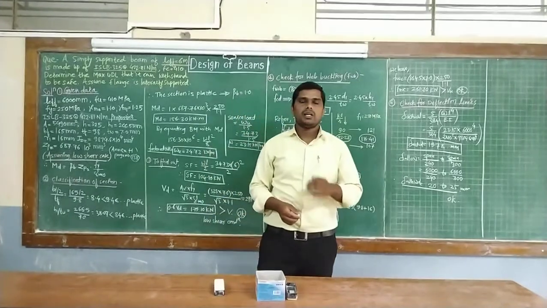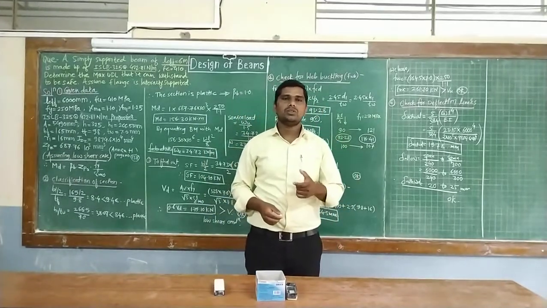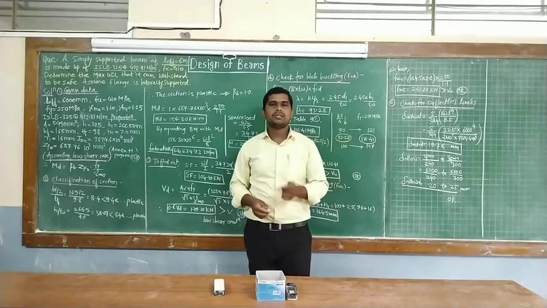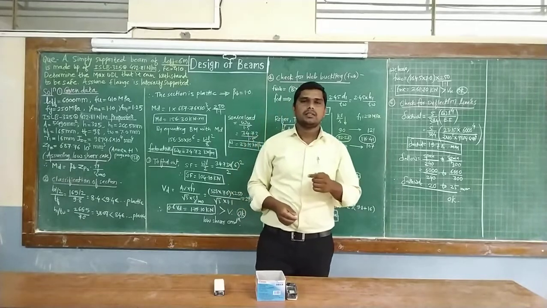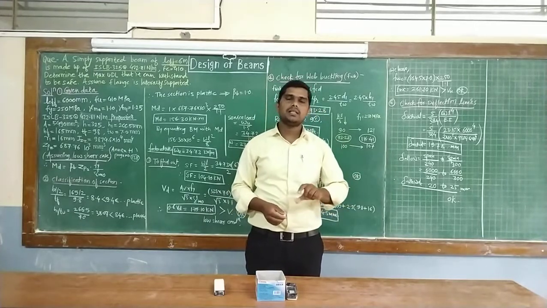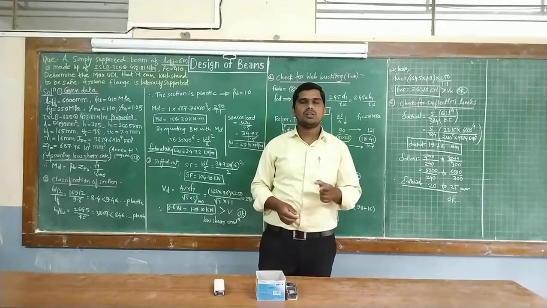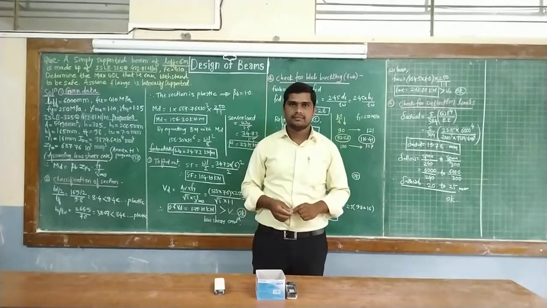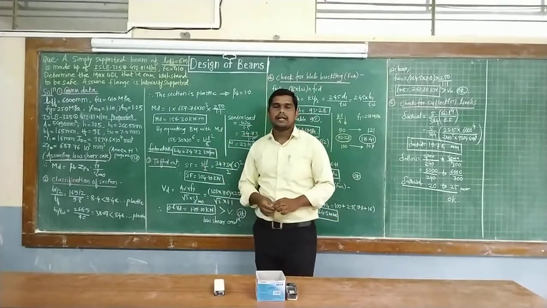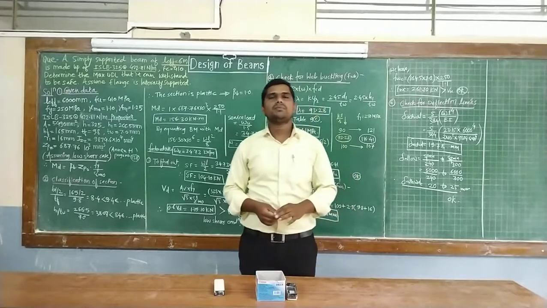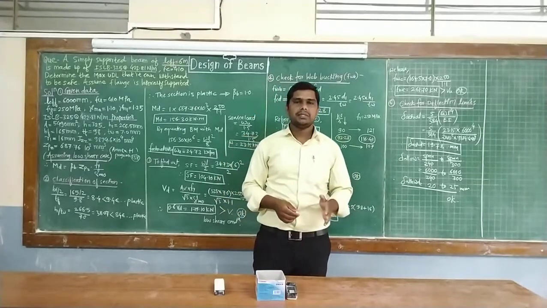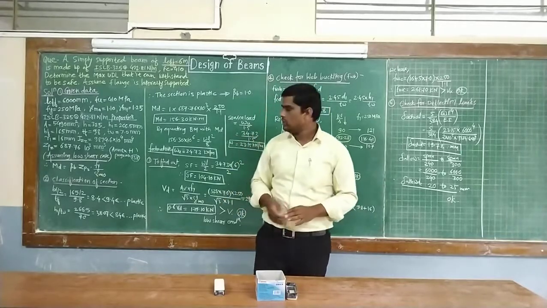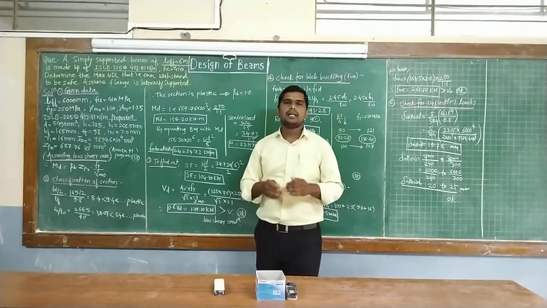A rolled steel section has a top flange under compression buckling, which relates to the laterally supported beam, and the bottom flange relates to the unsupported case, meaning whatever torsional restraint may take place in the respective top and bottom flange. Starting with the laterally unsupported beam, there are two types of numericals that may be asked in the examination: first is analysis basis and next one is design basis.